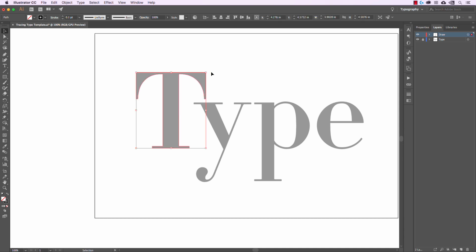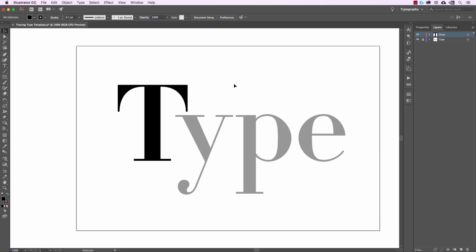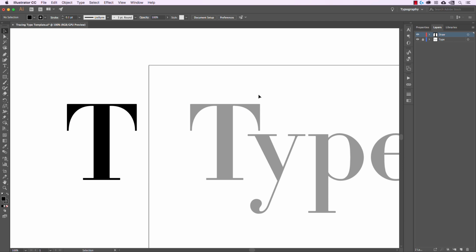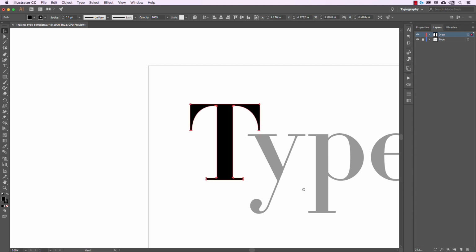Okay, so now that that shape is completely drawn, I can go ahead and turn the fill to black, and you can see that I've created a T. If I move it out of the way, this T is pretty much identical to that other T. So I've drawn that with a lot of precision, and that's what I want you all to do with this exercise, is to just pay attention to all of the little quirks that are part of drawing a typeface, and get in there and get really detailed and just make sure you're following the way the type is drawn. It's going to be a few tricky sections that you'll run into, but remember, you can always go back and